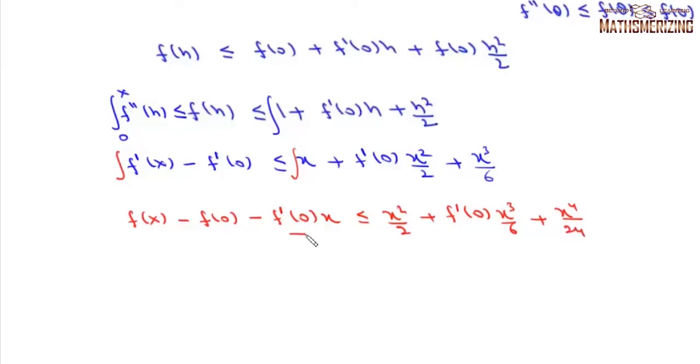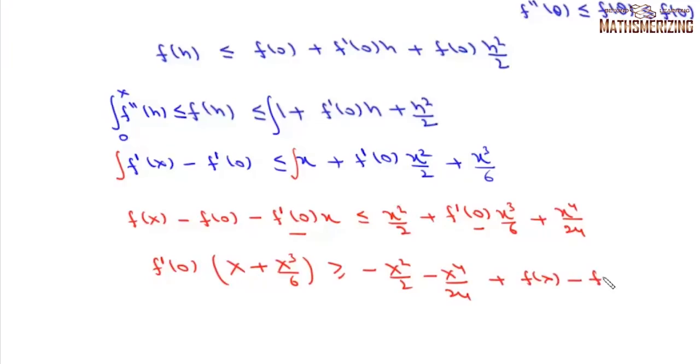Now we'll take f'(0) together. So we can write f'(0)x plus x³ upon 6 is greater than or equal to minus x² upon 2 minus x⁴ upon 24 plus